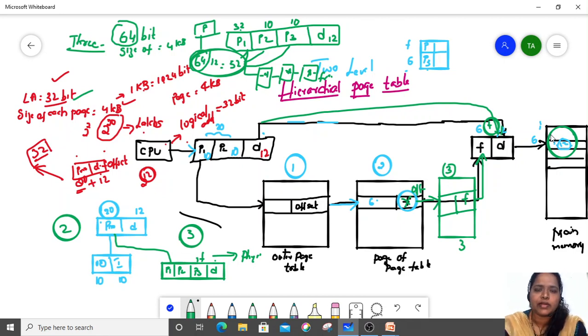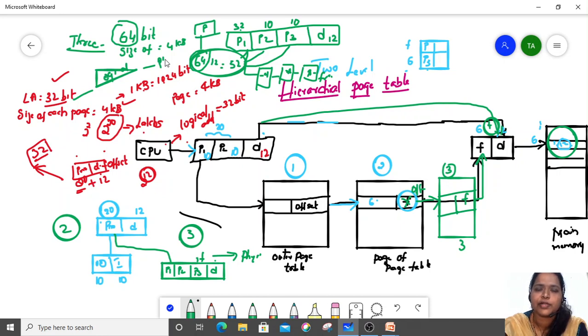in the main memory. Why all these things? The CPU generates a logical address, but we need a physical address of that particular page. So we need to convert that logical address into a physical address. How do we convert it in the paging concept? We have seen, by making use of a memory management unit. By making use of the memory management unit, we convert the logical address into a physical address.